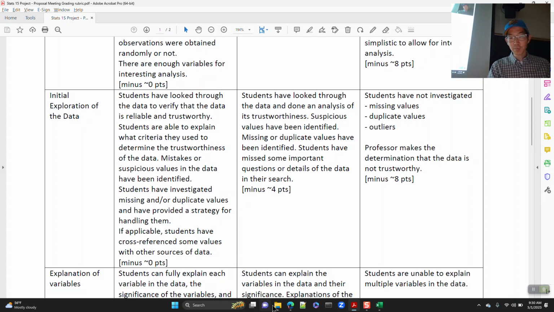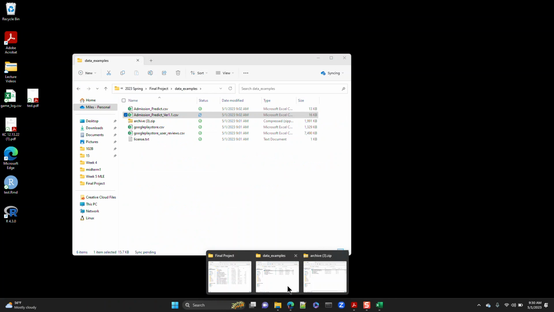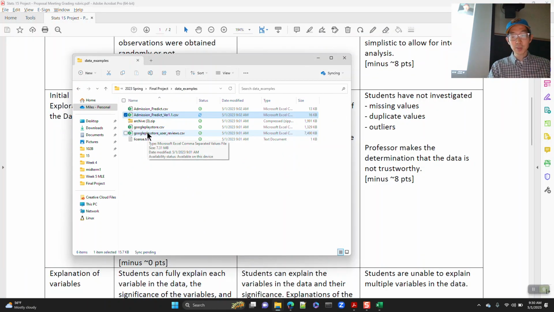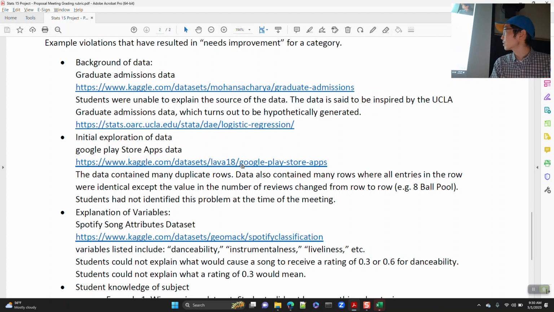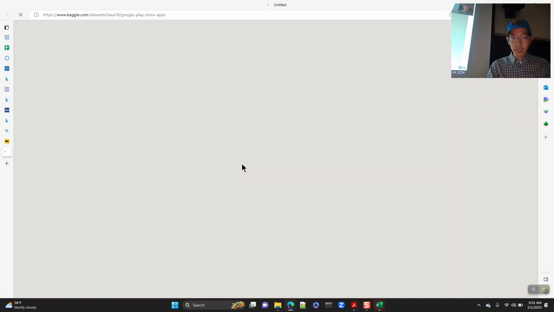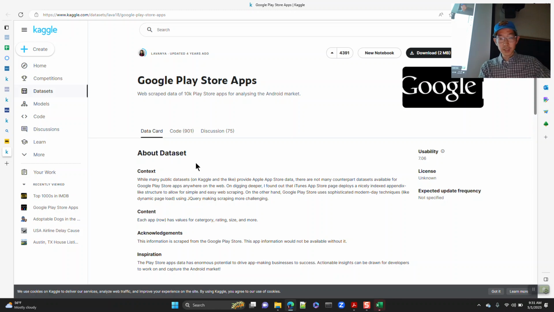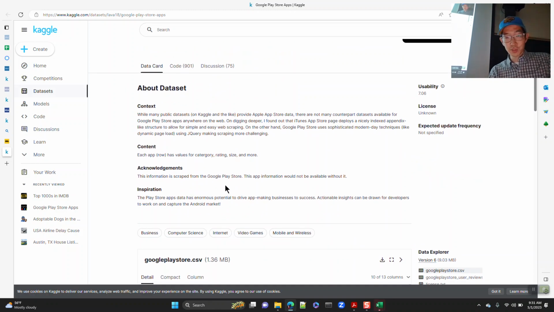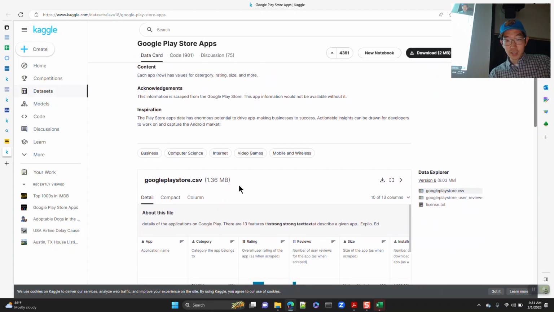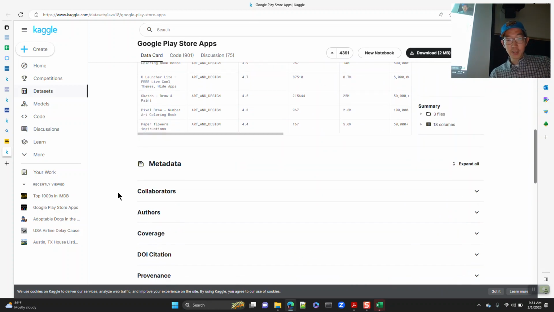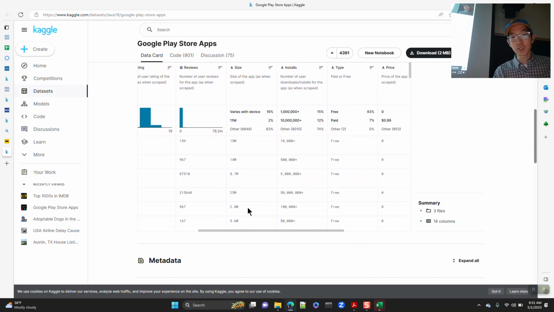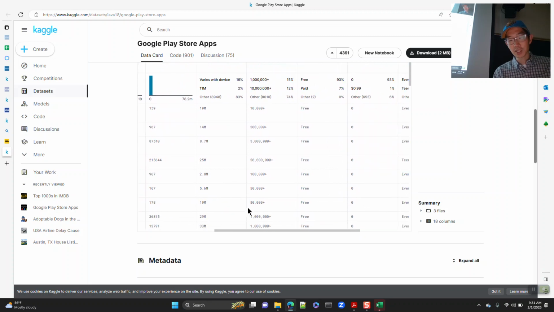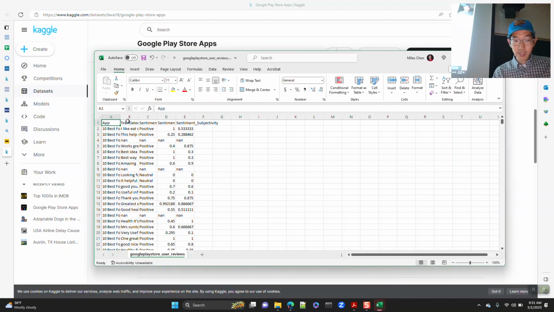And I'm going to look for certain problems that, in my opinion, give away that something is a little bit problematic. For example, one of the data sets was on Kaggle, the Google Play Store apps. The information was scraped from the Google Play Store, and they got information about the different apps, the ratings of the apps, the number of reviews, how big the app is, and how many installs.